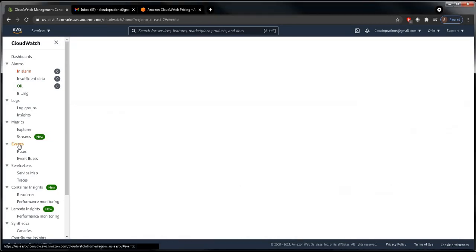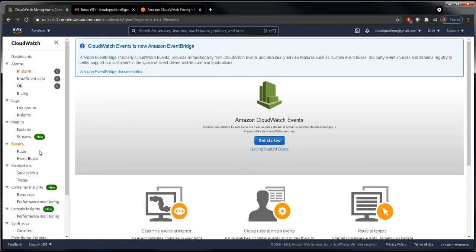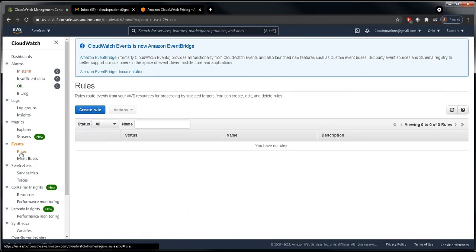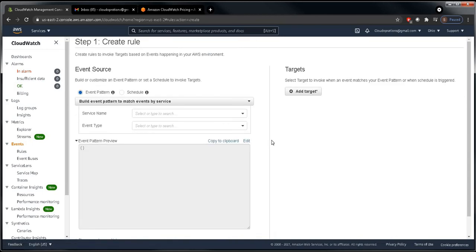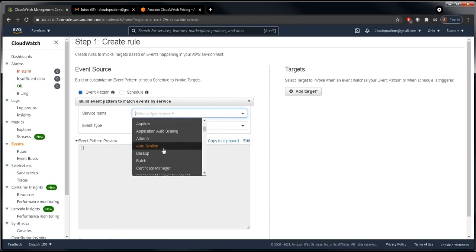We need to configure the event, so click on events and let's create, get started. You can see here the event shows there are two patterns. One is event pattern and one is schedule. So let's have event pattern, and here you can see service name, which service I want to schedule events for. I'm going to schedule for EC2. So let's find EC2 here.